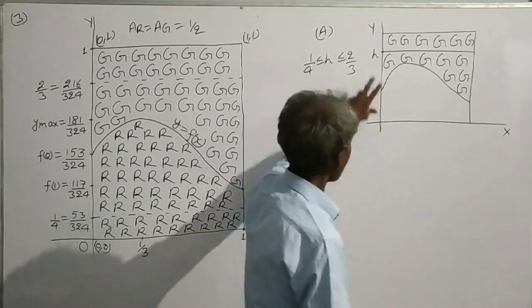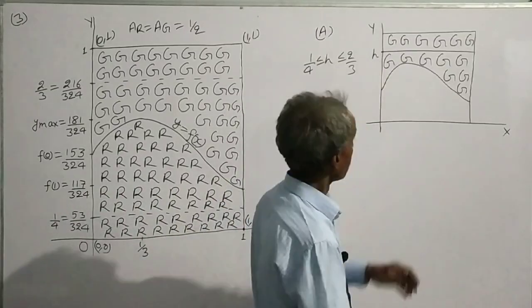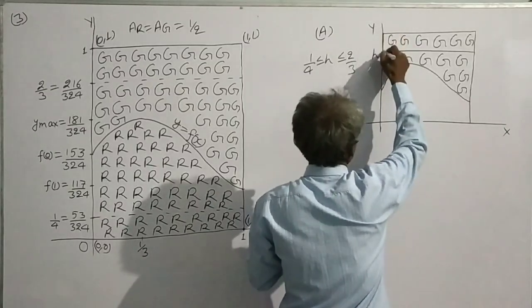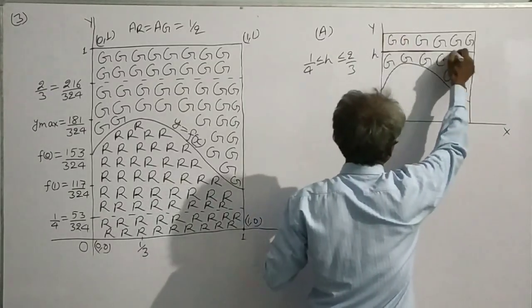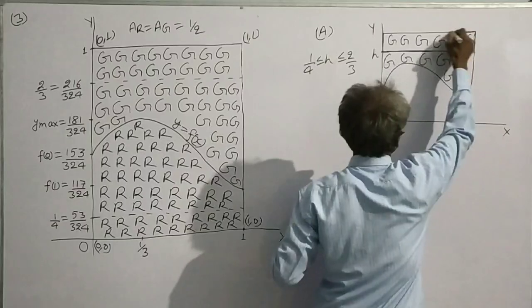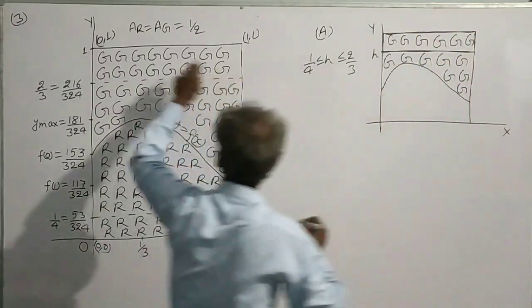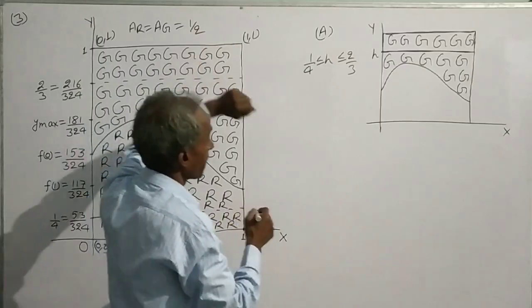If such a height h exists, then the area of the green region above this line will be equal to half of the area of the green region,